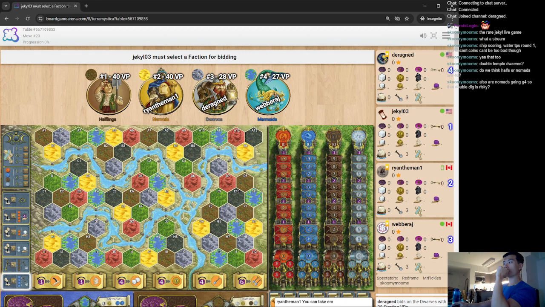Are nomads going g4 so that double dig is risky? Why would g4 be risky though? Like you can just build. I'm not double digging e5, right? If I'm halflings, I'm probably double east here. And honestly, if I'm double spading, then I might be going like g5 d4 or some nonsense like that, which is